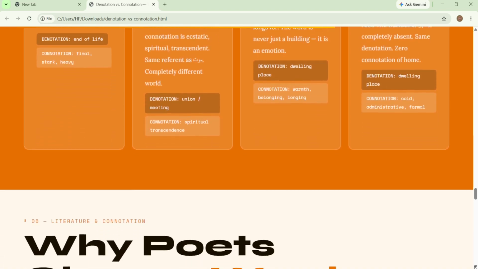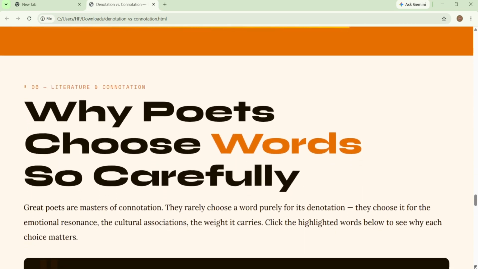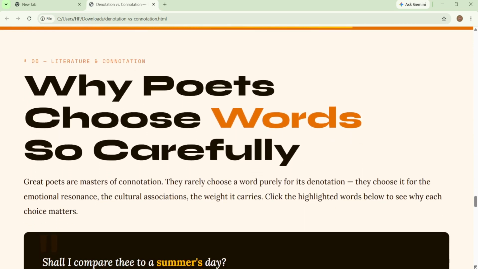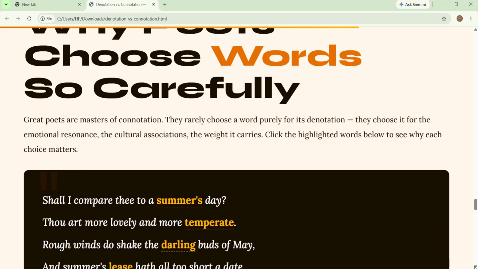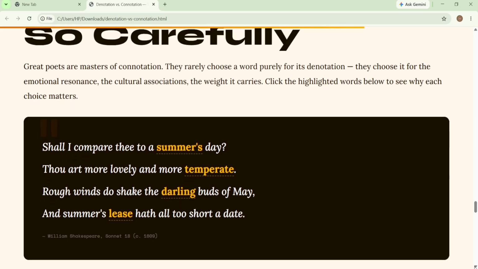Let's move forward. That is literature and connotation. Why poets choose words so carefully. Great poets are masters of connotation. They rarely choose a word purely for its denotation. They choose it for its emotional resonance, the cultural association, the weight it carries. So let's look at